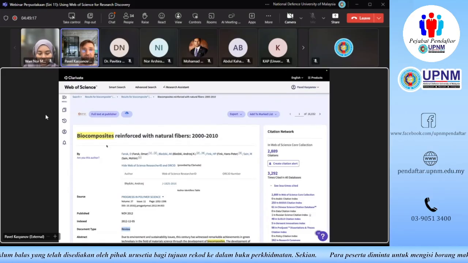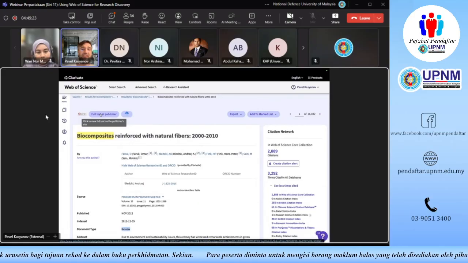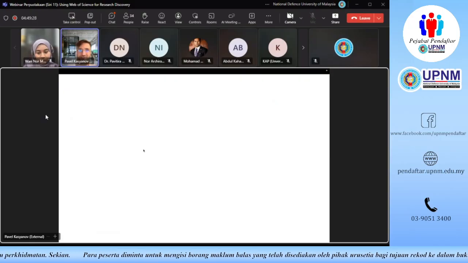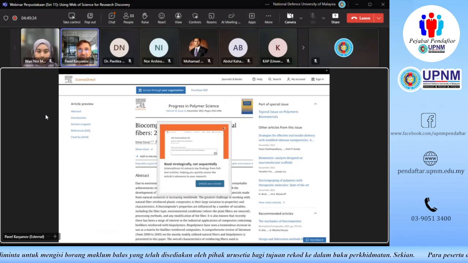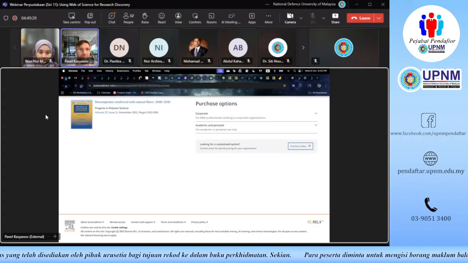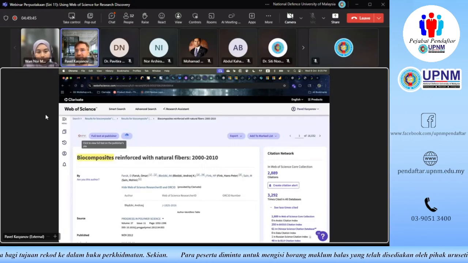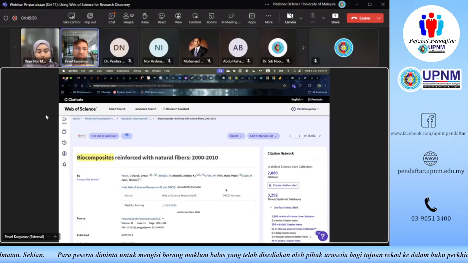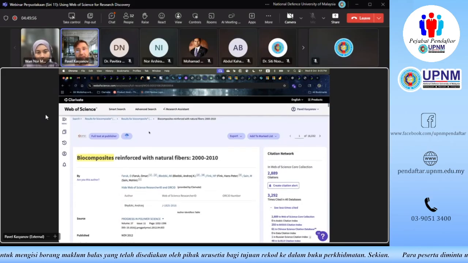So you can just click the full text at publisher site, and it's going to take you to the full text. Now, me as a Clarivate employee, I probably don't have a subscription to this particular journal, that way I'm going to be dragged into, this time, Elsevier's page, where I can purchase this PDF for some money. Obviously, I'm not going to be doing that, but again, if your library is subscribed to any of the journals, then all these links are going to be working for you by default. So you're going to get seamless access to everything that your library is subscribed to. Okay. And that was the full document record.